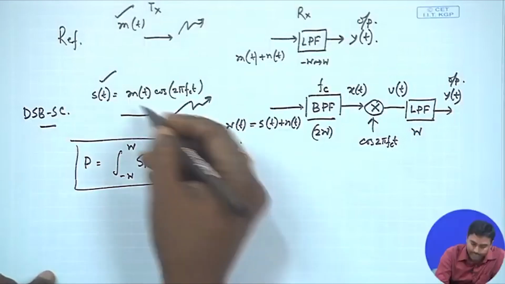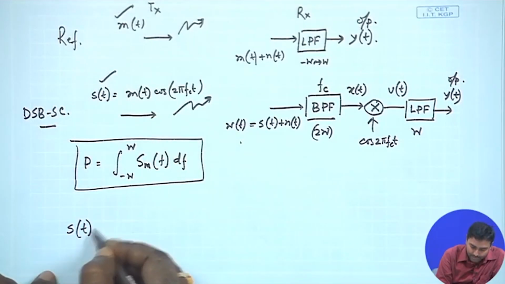Now, whenever we modulate, let us try to see what kind of power we will be getting, because we have to also launch a similar amount of power. So, that is something we will have to do. Let us try to see what we get when we modulate. If we modulate, I will be getting this.